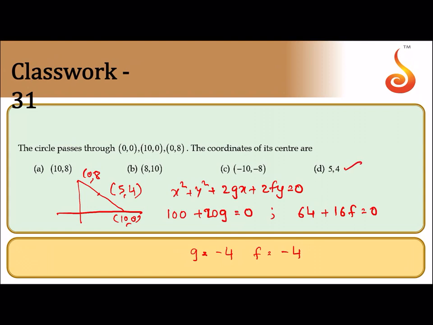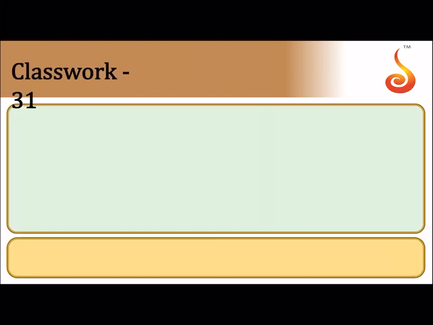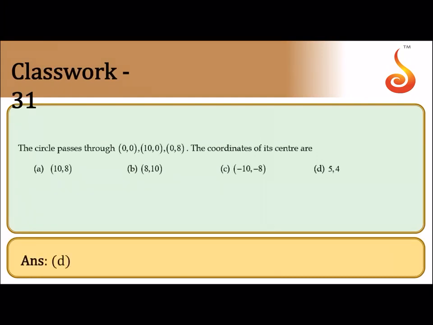Let's check where we made the mistake here. x square plus y square plus 2gx plus 2fy is equal to 0. See, it passes through the origin. x is equal to 10. We put 20g. So x is equal to 10, 100 plus 20g, so g is equal to minus 5. We did it correctly only. g is equal to minus 5 here, and this is also correct, minus 4. So we get the center (5, 4). This is the bracket actually. There's a mistake, a typographical error. Question number 31.